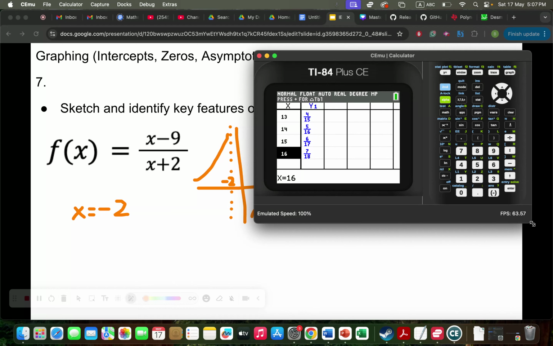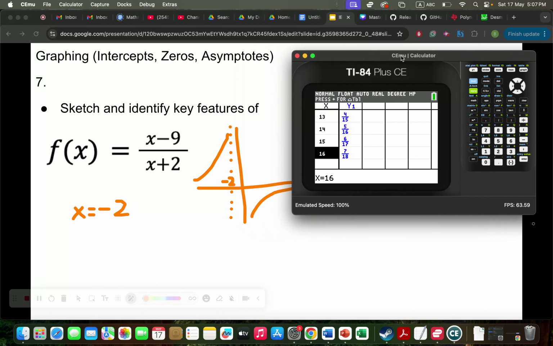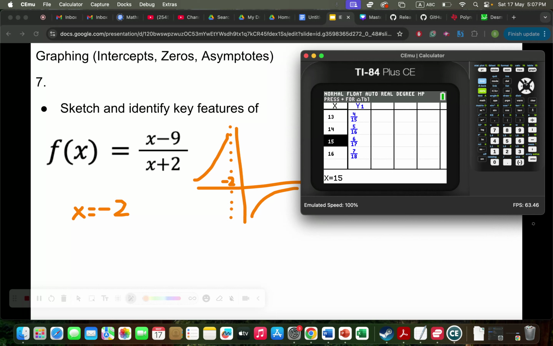Let me just try to make this a bit smaller, just trying to fit into the graph here. Okay, so we're going to be on the hunt to find out